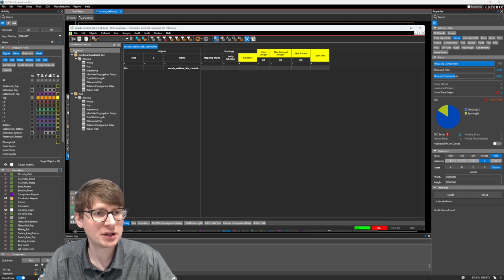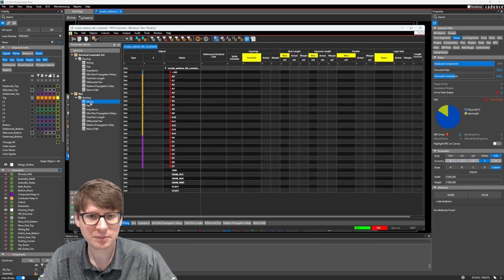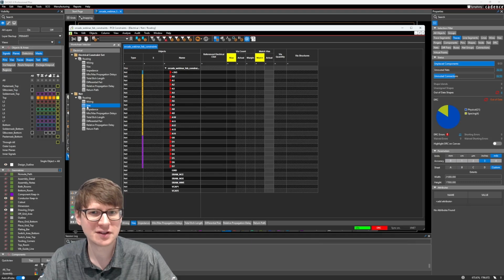So let's jump into the electrical constraints, and I'm just going to click on the routing section and wiring. Actually, let's look at vias. I like to use this as an example because it's very easy to understand. Now, in order to create constraints,